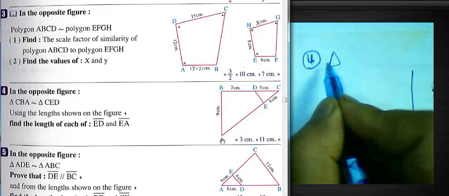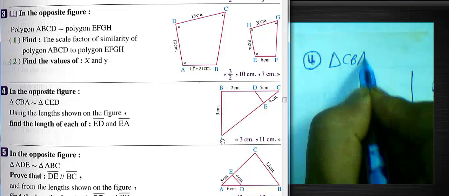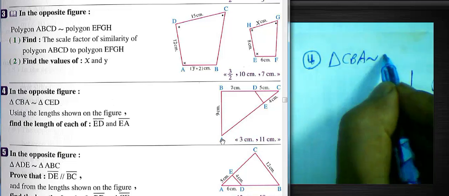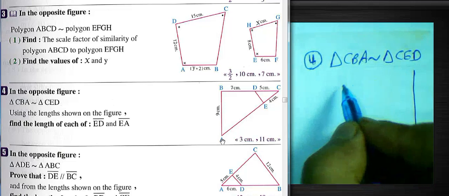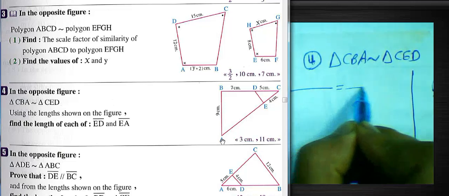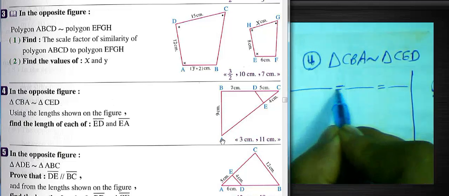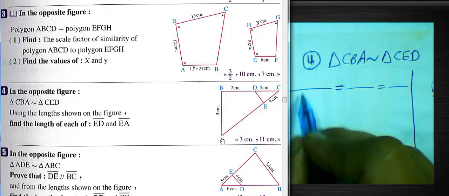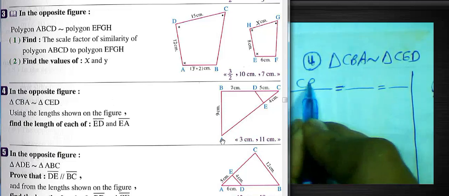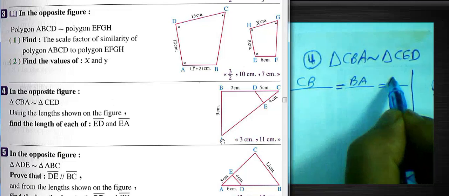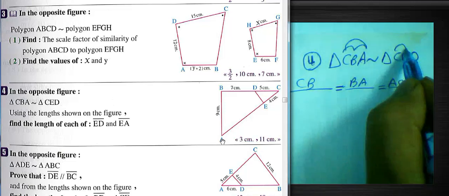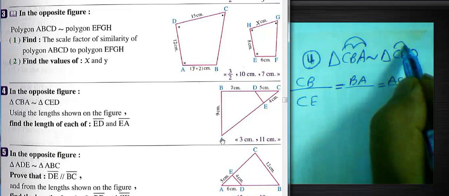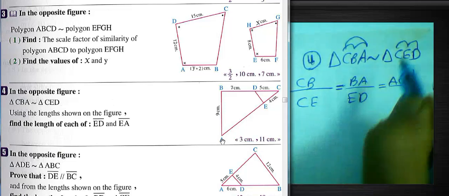Triangle CBA is similar to triangle CED. So we can find the proportion between the first ratio CB, BA, AC, and CE, ED, DC,